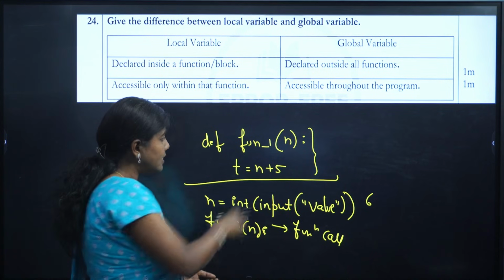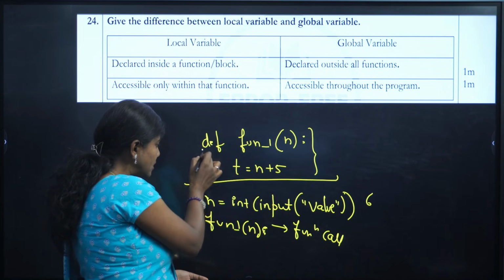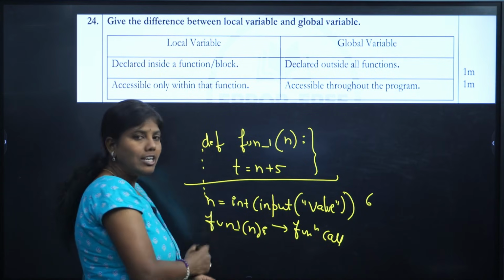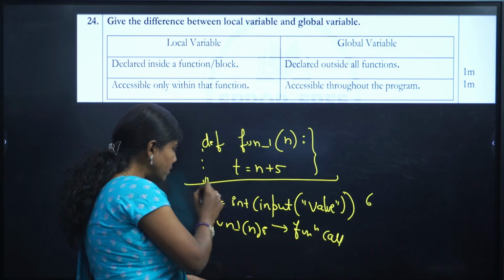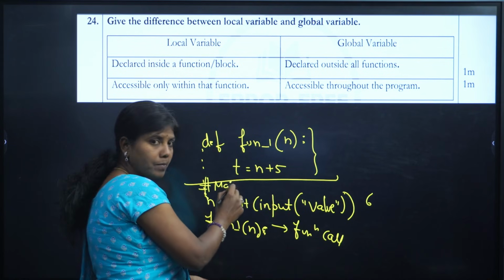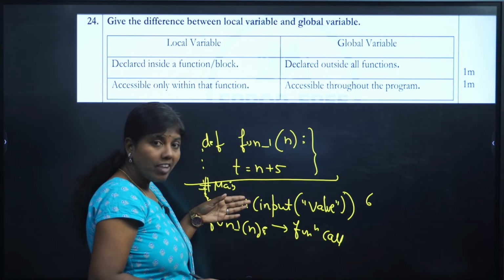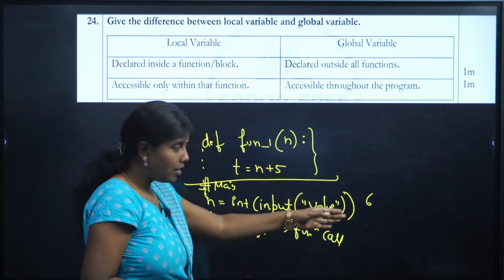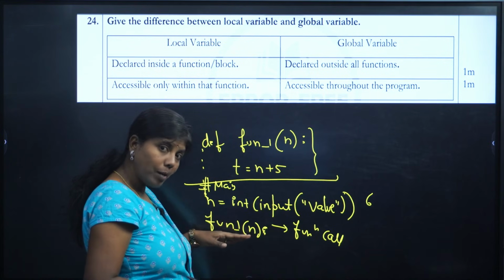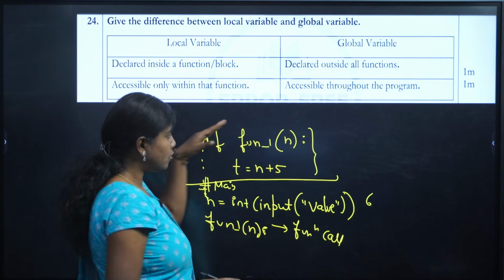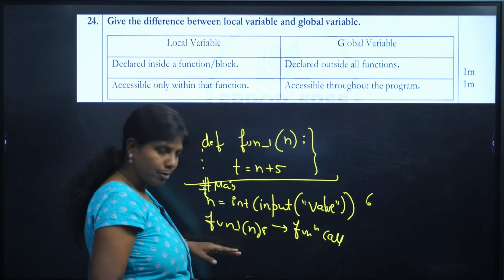So where does it end? See, the block has ended here, and then I've started with the same indentation as def. If you have confusion, you can give one comment and write main program here. So here there is a function. Here a variable is declared. I've taken a variable with value 6 here, and there is a function call here. When the function is called, the controller is transferred to the function, executes it, and then comes back here.